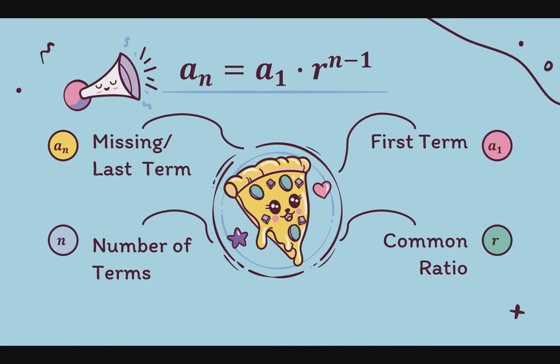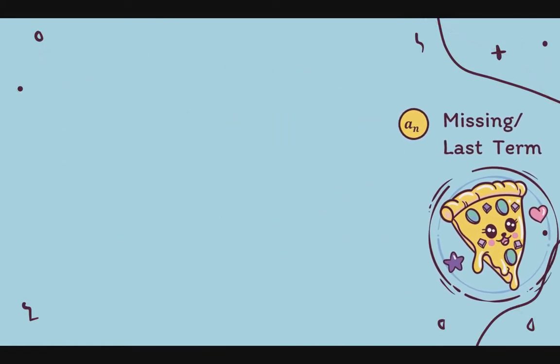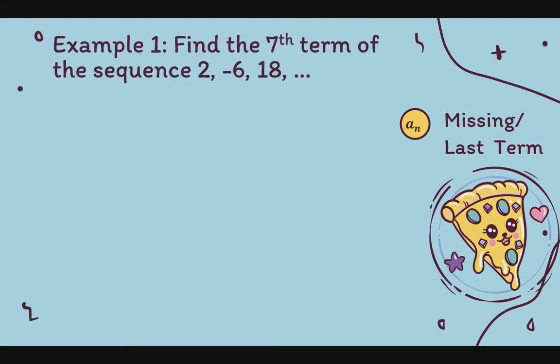So, paano yon? Let's have an example. So first, missing term. Let's read this one. Find the seventh term of a sequence 2, -6, 18, and so on. So again, ang formula na gagamitin natin ay a sub n is equal to a sub 1 times r raised to n minus 1. Bago natin gamitin tong formula na to, identify muna natin kung ano-ano yung mga isa-substitute nating